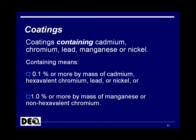To meet the definition of coating and in turn be subject to the NESHAP, your coatings have to contain at least one of the 5 targeted hazardous air pollutants, and they are cadmium, chromium, lead, manganese, and nickel. Containing is a key word. If your coatings contain